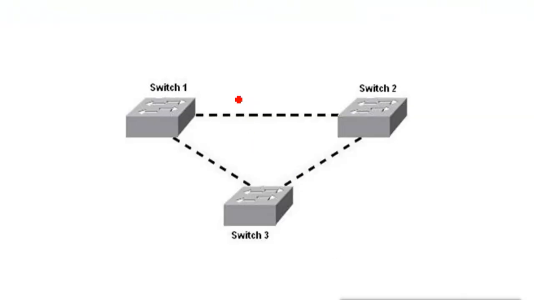For example, after selecting the root bridge, this is our root bridge, switch 1. Now when switch 1 sends the BPDUs, it will add the port cost in those BPDUs for the other non-root bridges. Now these are non-root bridge switches. They will try to find the shortest path to reach the root bridge. Remember, there is a redundant link here, so they have two paths. Switch 3 can go from here, and it can also go from here.